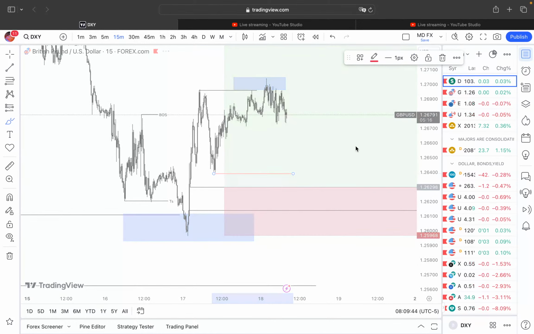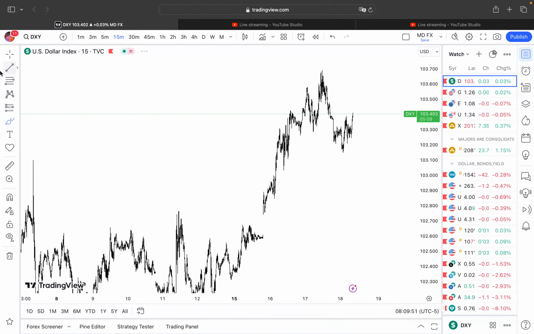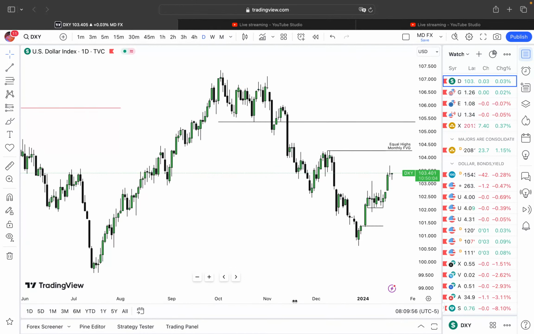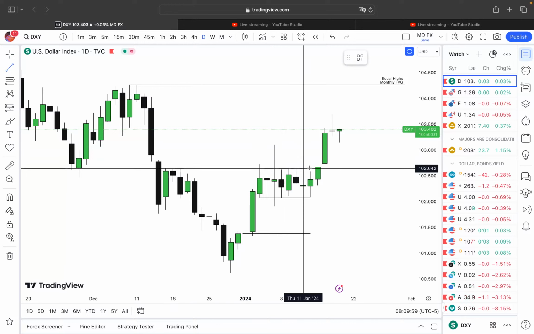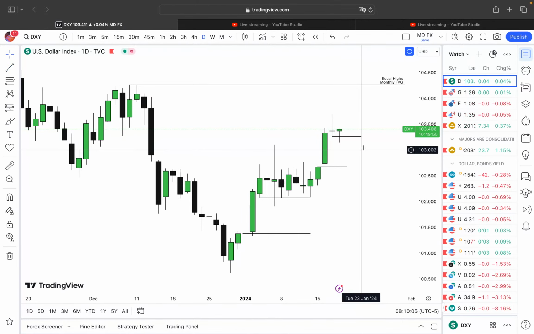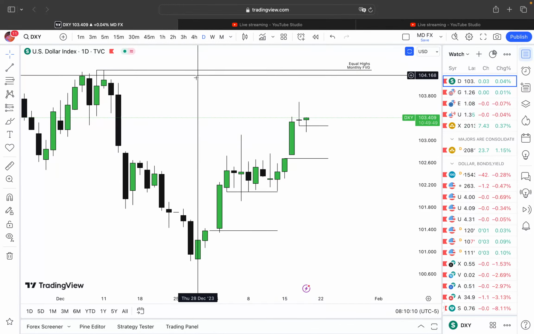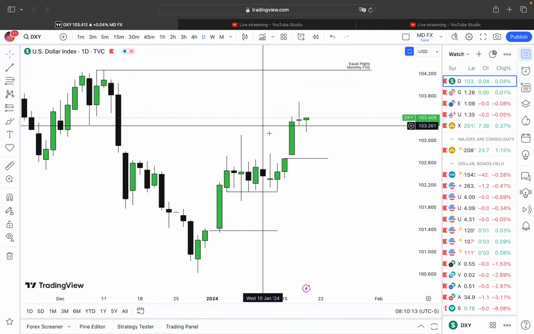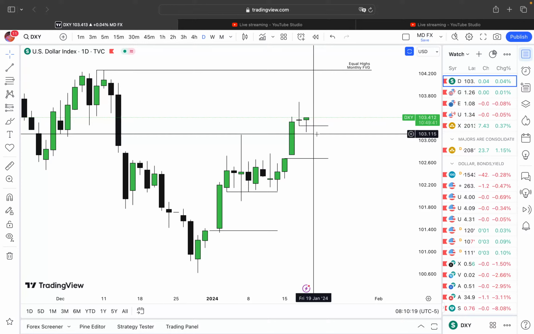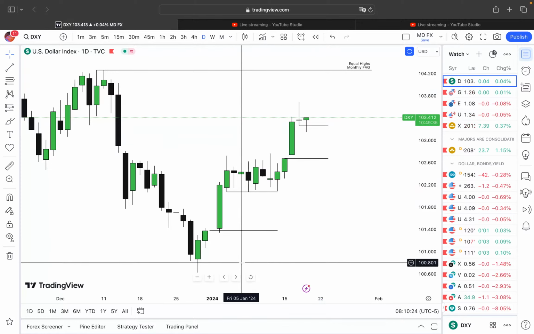You can see the XY. The XY is as bullish as ever, and it's still maintaining its bullish move. I don't know why a lot of people want to sell it, but it's still maintaining its bullish move. You can see it tagged the daily fair value gap too, and it's still moving towards our drawn liquidity. So I'm still standing on the fact that it will move towards this drawn liquidity on the daily time frame. This is just it having a continuation on the higher time frame institutional order flow.